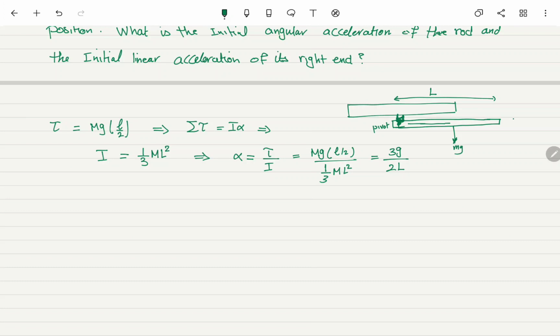Now to find the linear acceleration, A tangent is equal to R alpha, and R in this case is equal to L. You substitute this, you will find A tangent equal to L alpha, or equal to